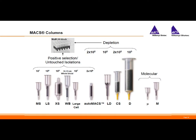So here's all of our columns. We have our positive isolation columns, our depletion columns, and then we have our Automax, which is our automated instrument for cell isolation or cell separation. And then we have our molecular columns, mostly for mitochondrial or nucleic acid isolation. But they all obviously come with our paramagnetic beads that create that really strong magnetic force to hold all